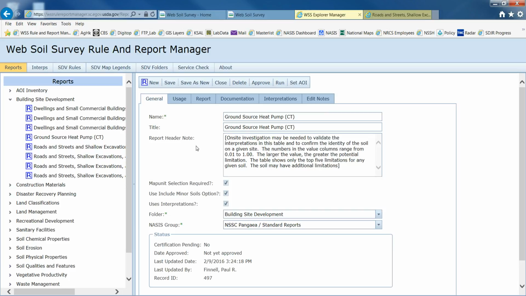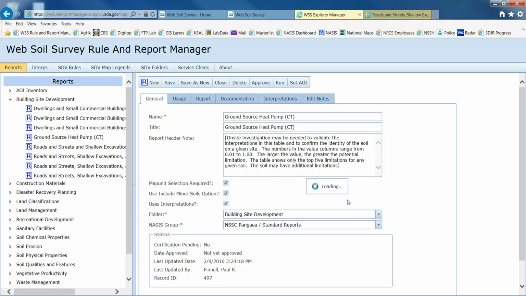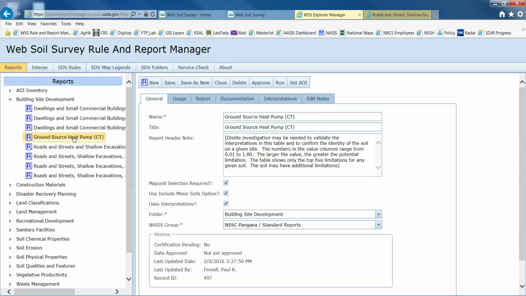And that's it. Now I can come in here and save this, and remember, every time you leave this particular editor window, you always save. And it now is appearing. This will say requests for certification, and then when you click on that request for certification, it'll come to me, and then I'll have to review this and make sure that it's appropriate for up on Web Soil Survey. That is, in essence, the